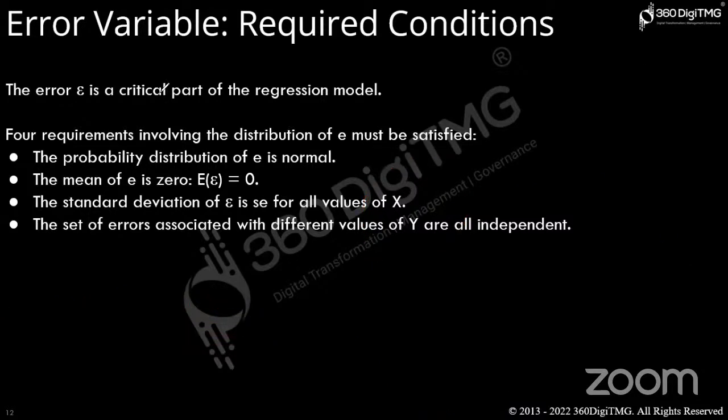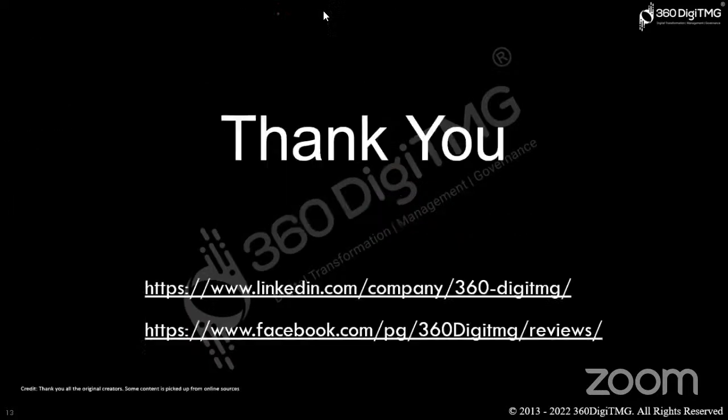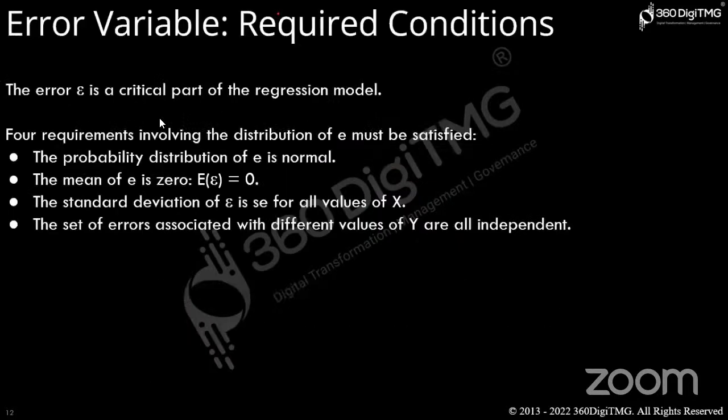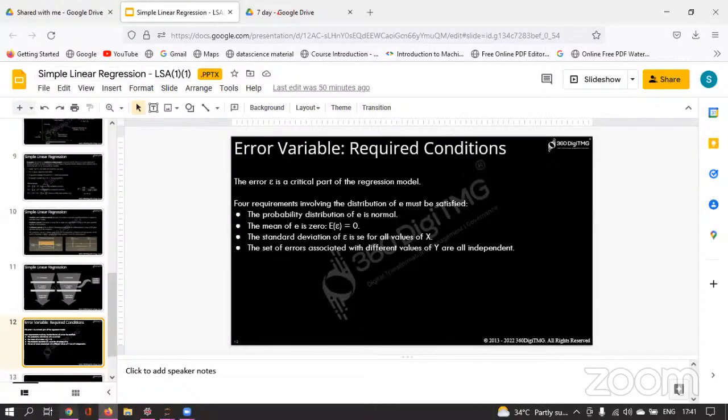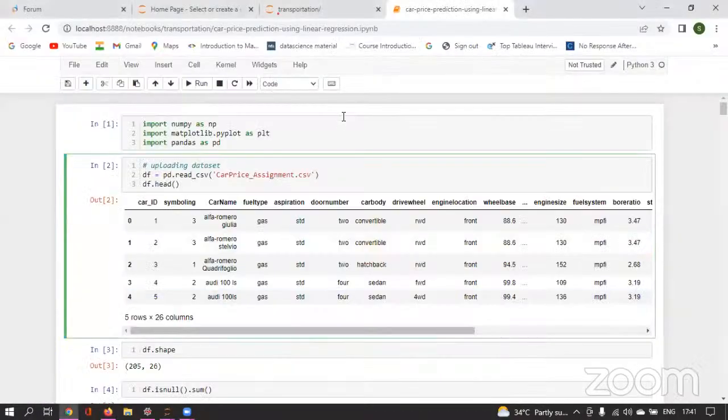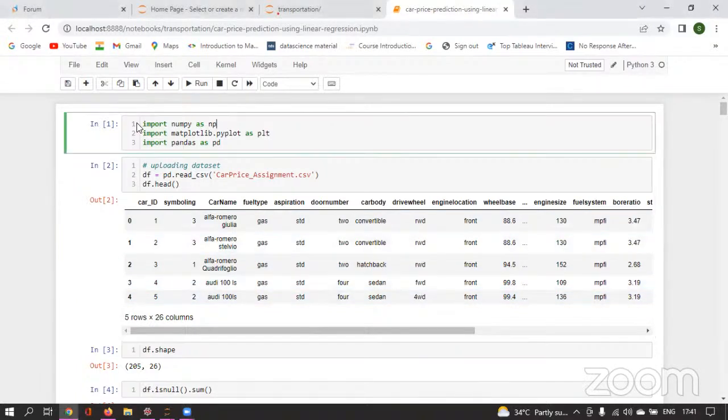What those features are, we will see in this Python file. Let me open that. Yeah, here it is, the use case scenario that I'm talking about. Here I'm importing NumPy as np since we need to do a lot of mathematical calculations.